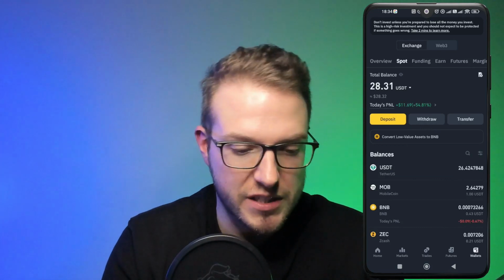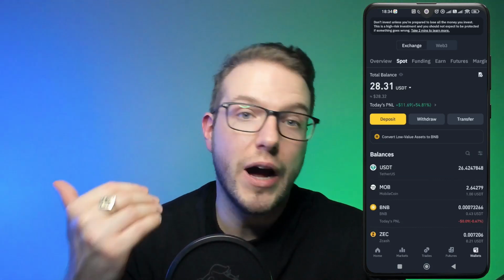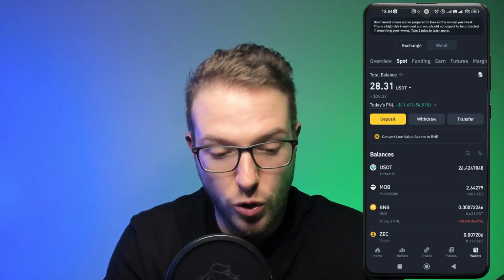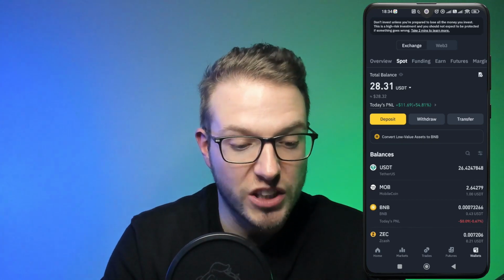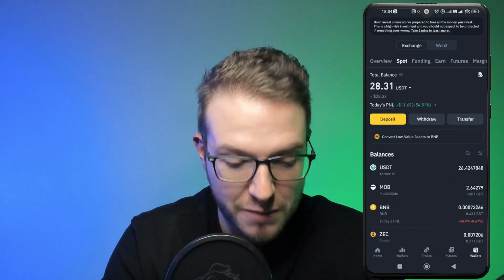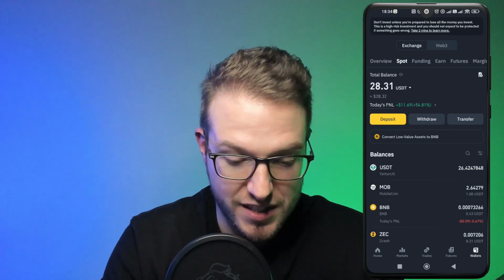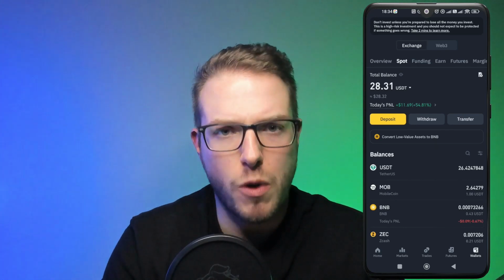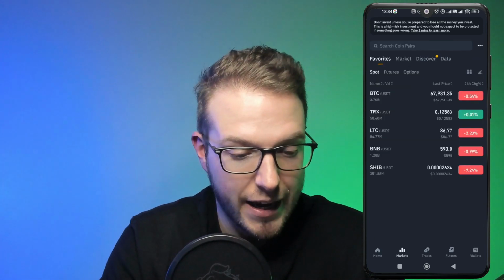I have 26 because I have prepared already some. If you have sent from other wallets, it will also appear in your wallet. Then on the top, you need to choose spots, and then you see USDT 26. So now, if I want to swap it to WIF, I'm gonna go to markets, and again, I'm gonna search